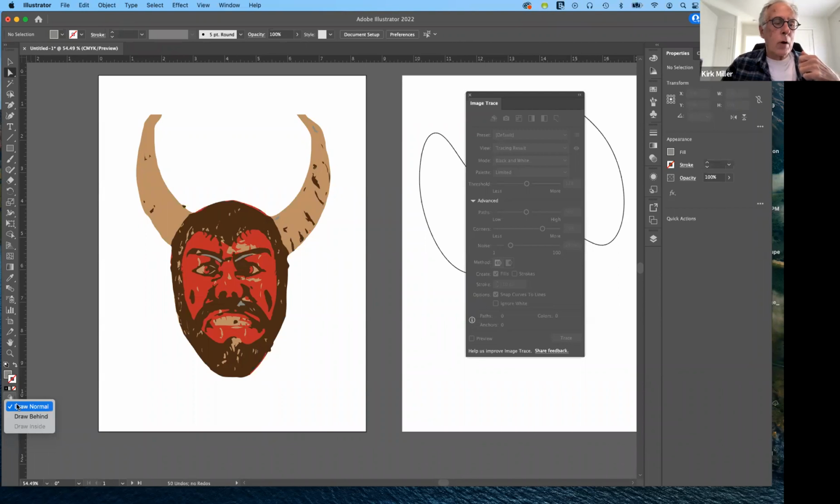Okay, you can draw normal. That's what is selected by default. You can draw behind, which isn't a bad idea. So let's try that. So for example, if I want a shape behind this image, and I was going to